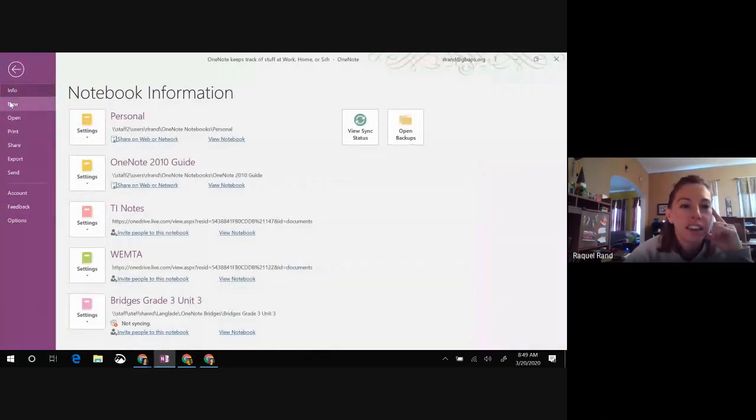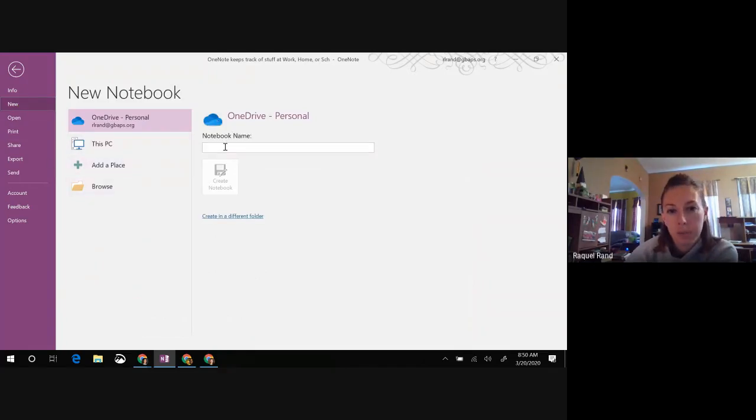And then here, I can see more information about my notebook information. And so this one here is living on OneDrive. So is this one. These two are the ones that are living on my staff drive. This is where you could view people or invite people if I wanted Shelly to have my TI notes, which I'm not even sure what's all in there. I could invite her to this one so that she could view it as well. I also have the option here where it says new